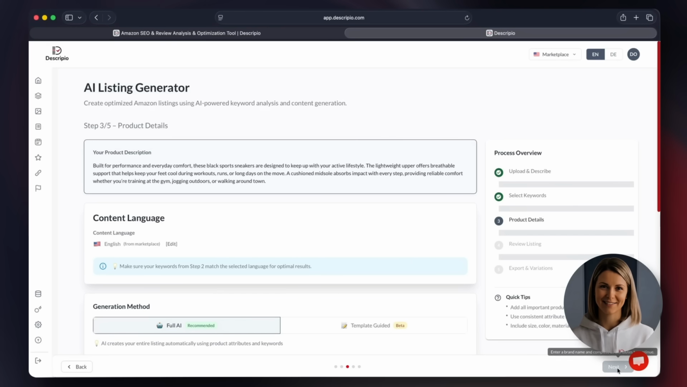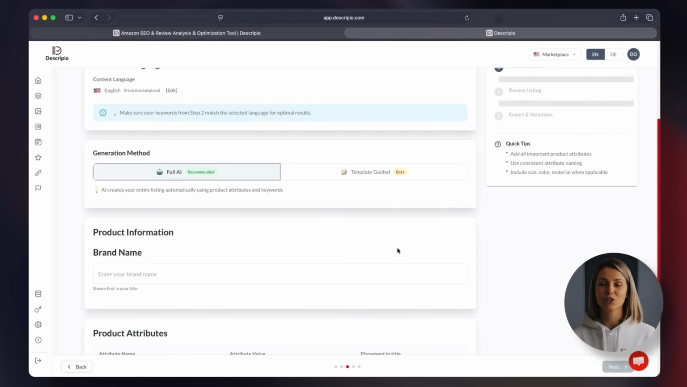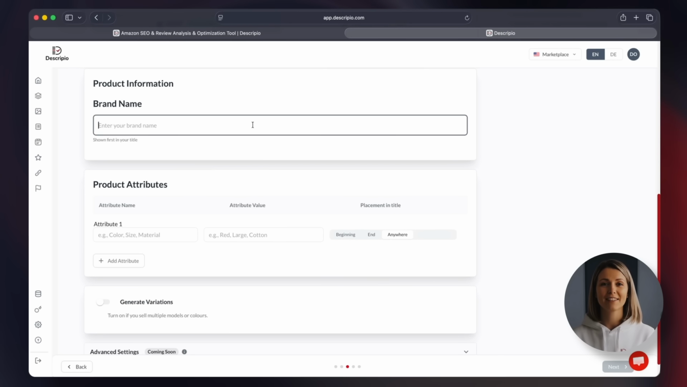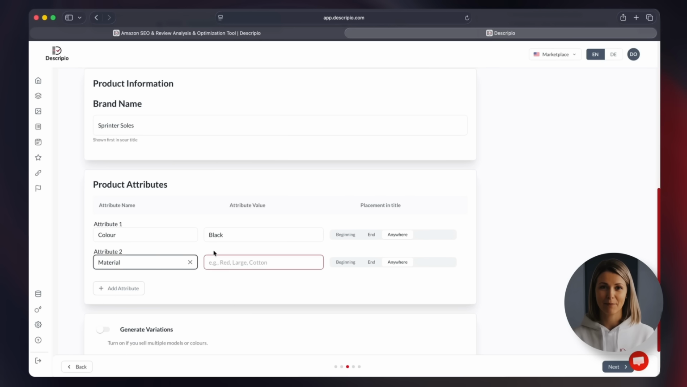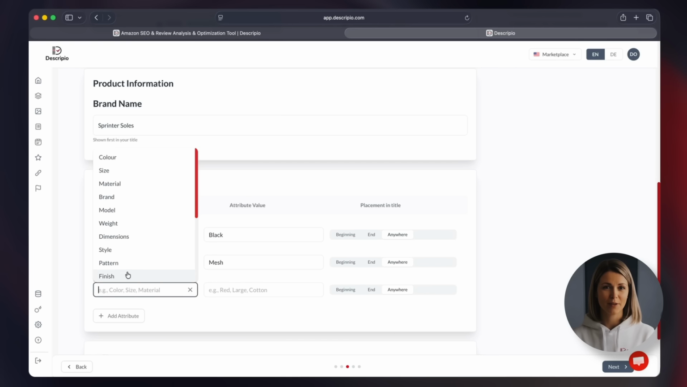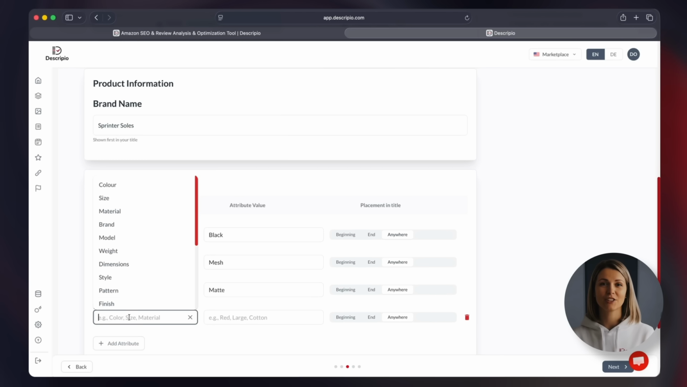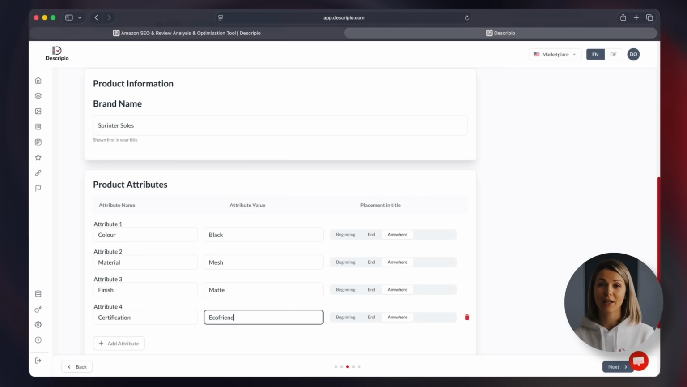Then click Next. Now choose your generation mode. If you want the fastest and most complete result, we recommend full AI. Enter your brand name, add your product attributes, add product variations to create hundreds of listings with just one click,